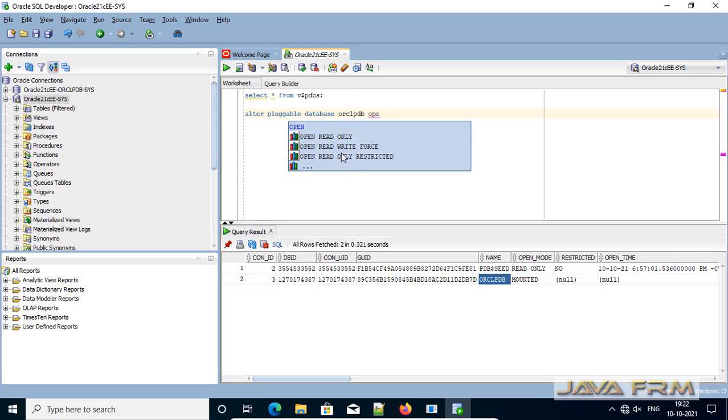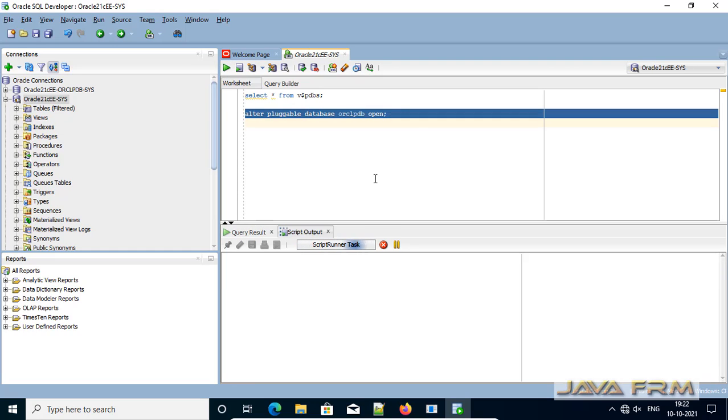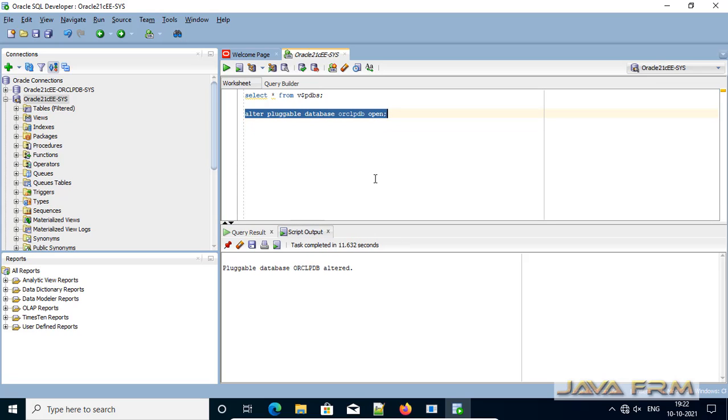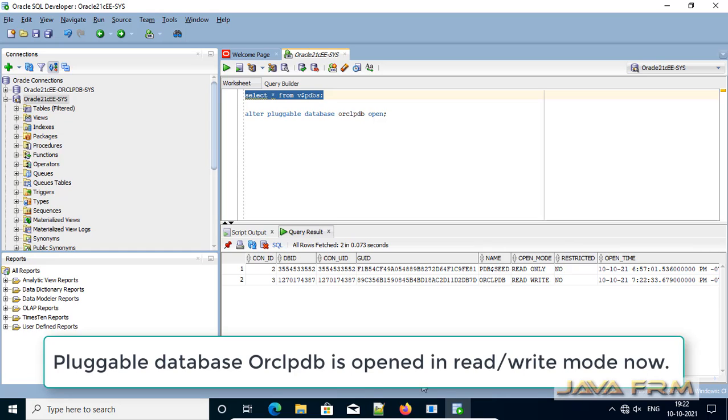Okay, pluggable database ORCL PDB is altered, which means that I can connect to ORCL PDB now.